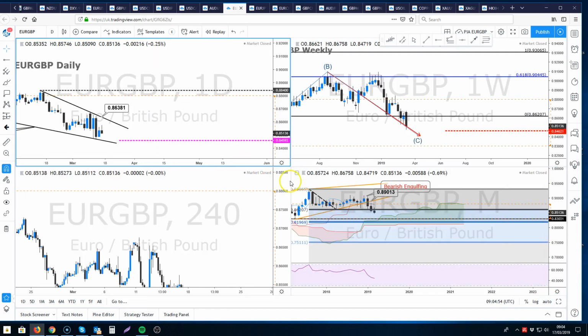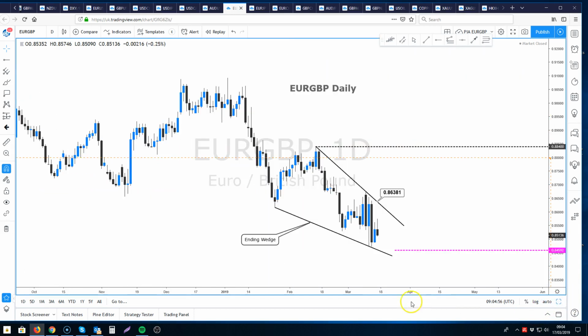If we go to the daily chart, mixed volatile trading, looks like an ending wedge pattern. So we're sort of getting the monthly chart giving us a bearish outlook, but it could be limited really with the whole thing lower being corrective. The weekly chart shows an ABCD formation. The daily chart shows an ending wedge pattern. Again, the scope for a move to the downside, 84.60, is that